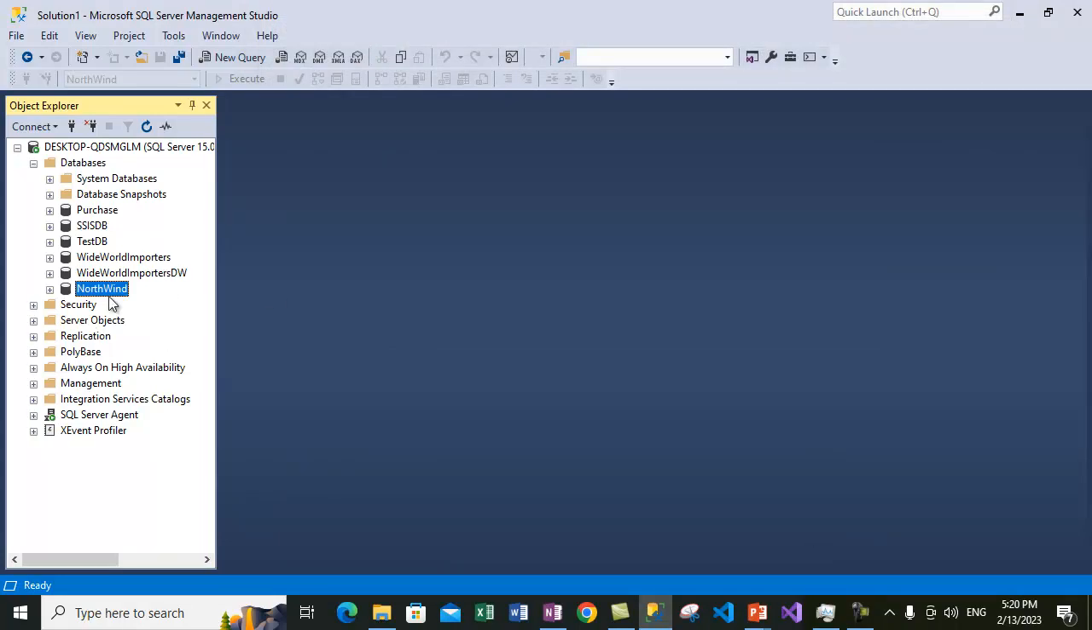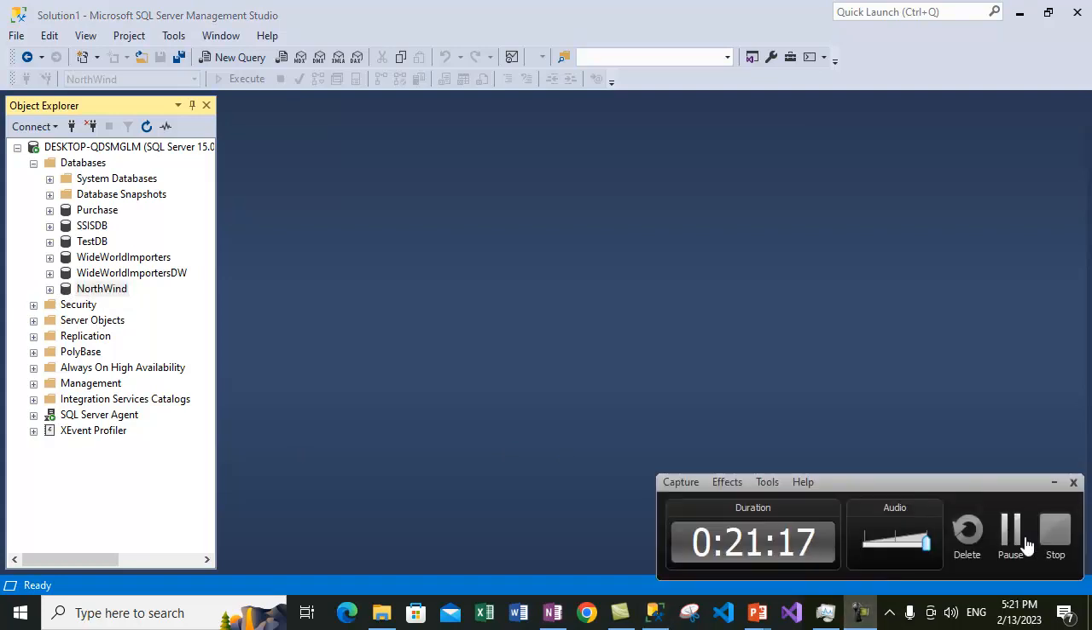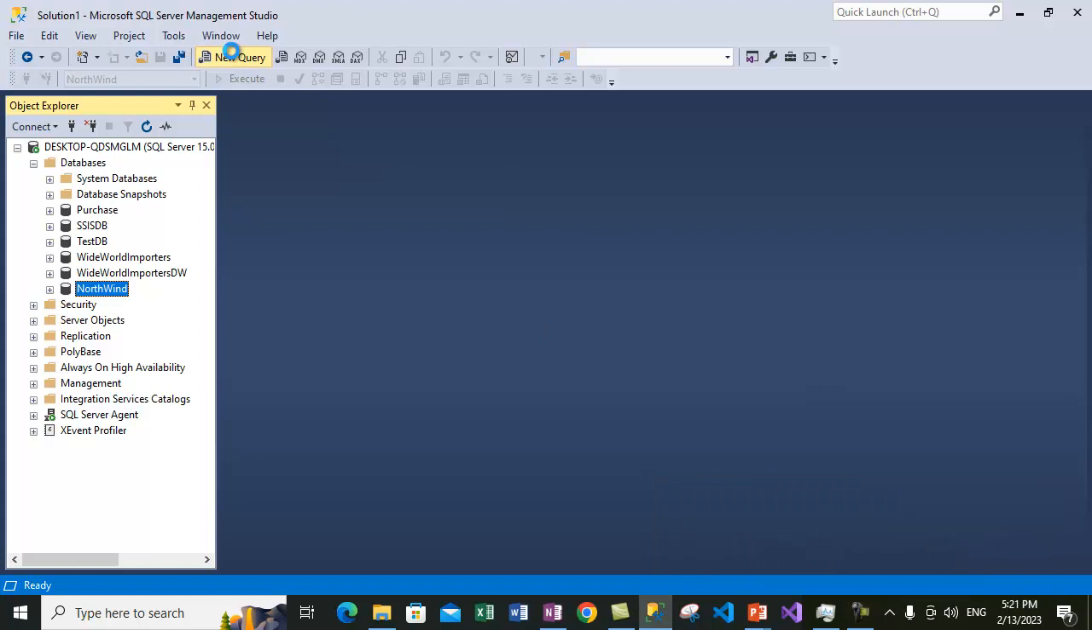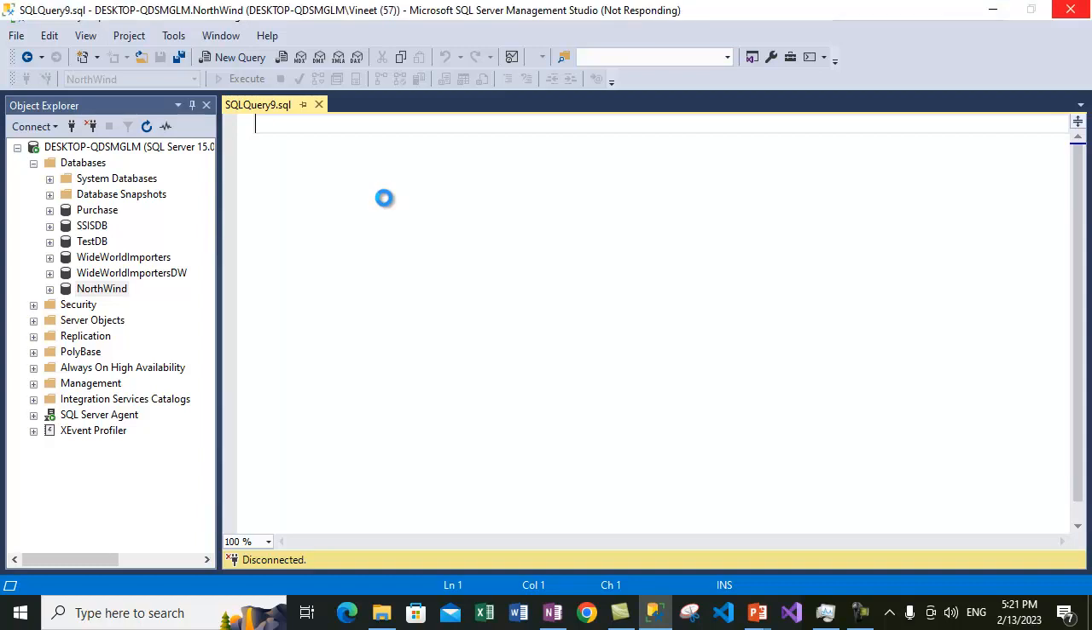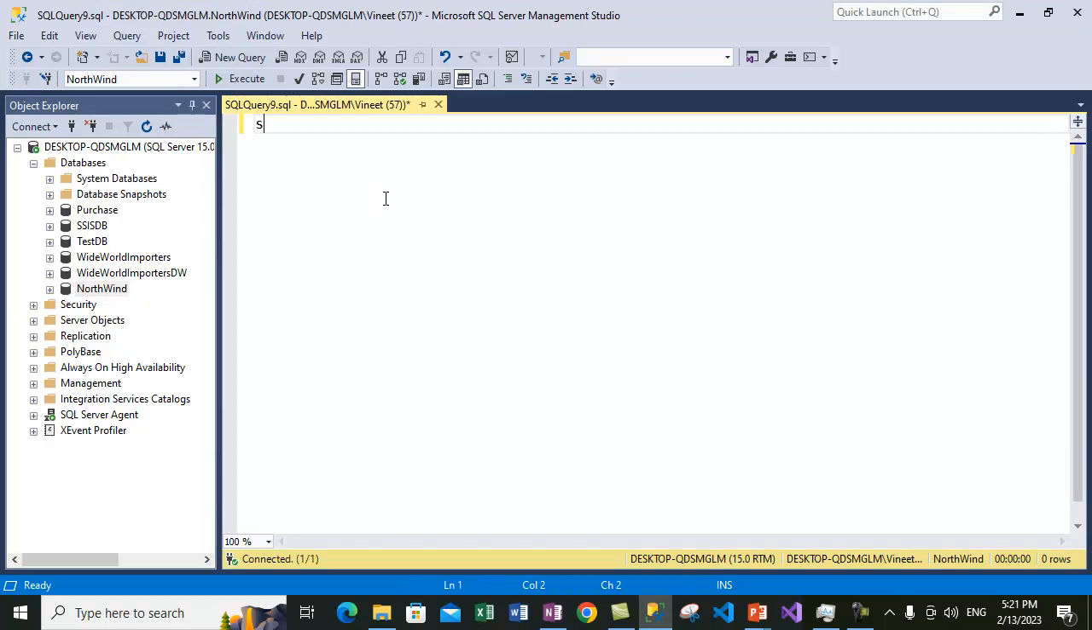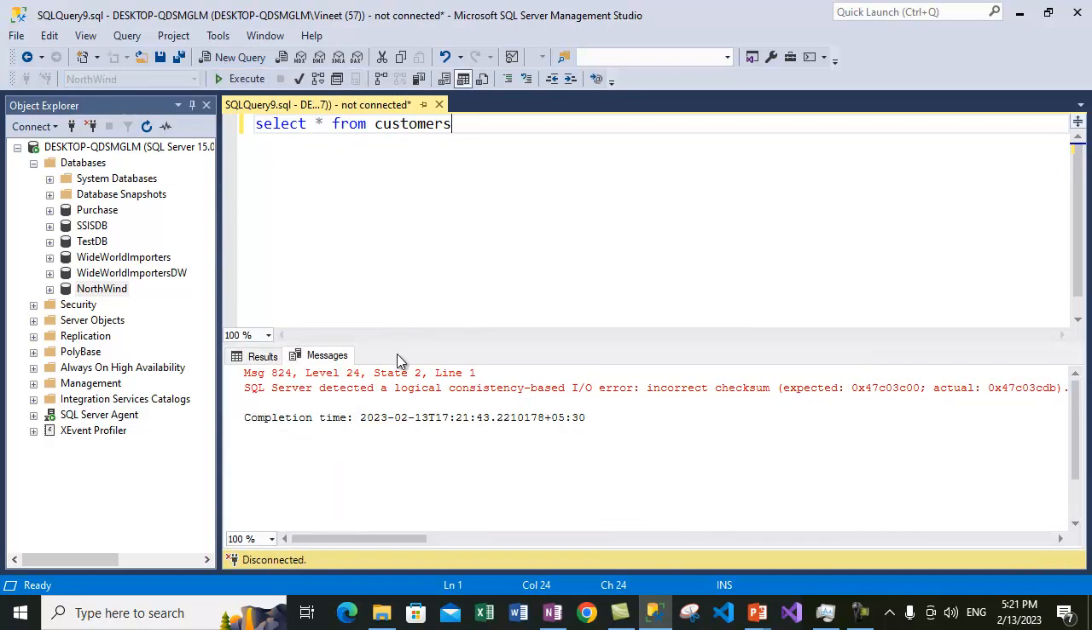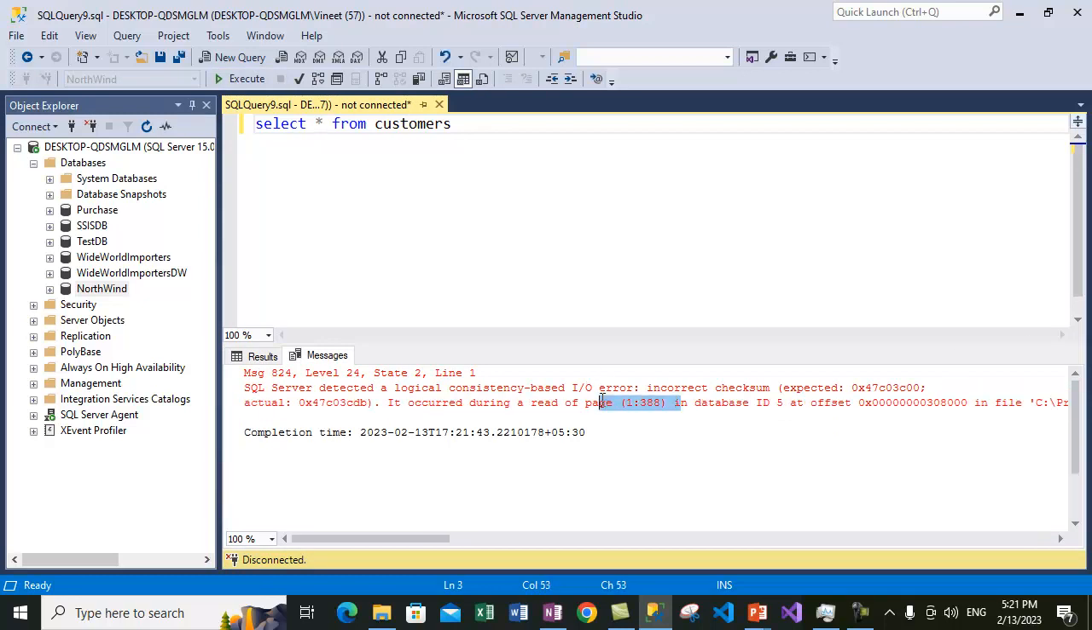Now we will corrupt this customers table inside that file. So I'm pausing this video for a minute. So guys, I've corrupted the customers table inside the database. If I do select star from customer, it will throw us a page error. So let's do a select star from customers. Execute this statement. Now it is giving us a page error, and it will give us the page location as well, 1388, as